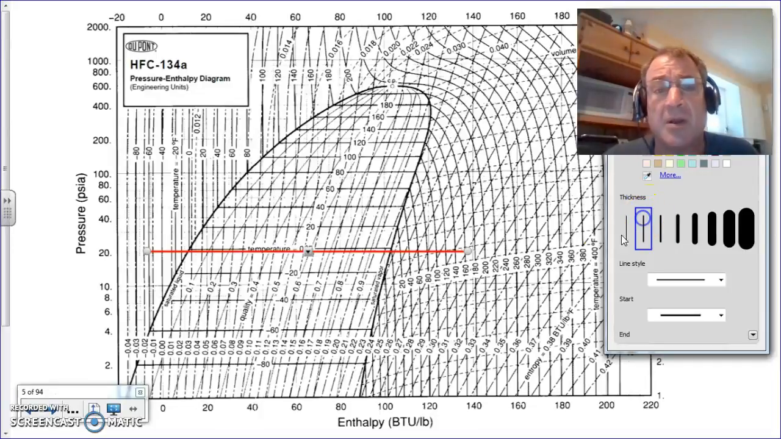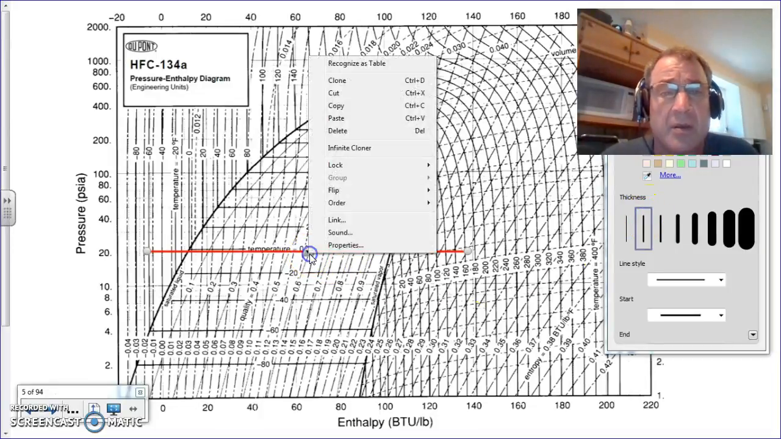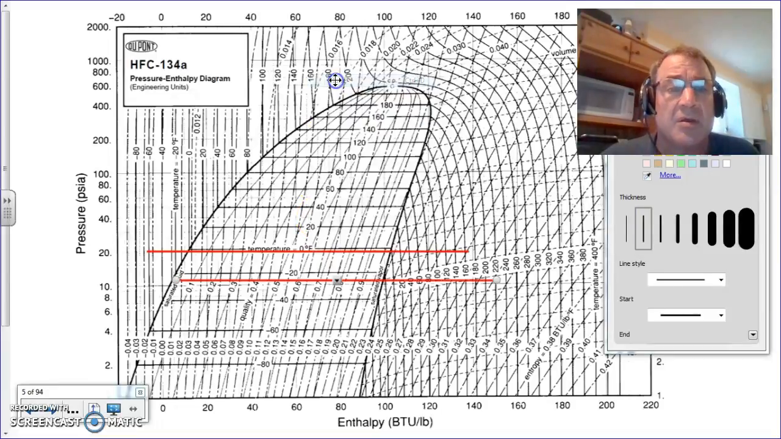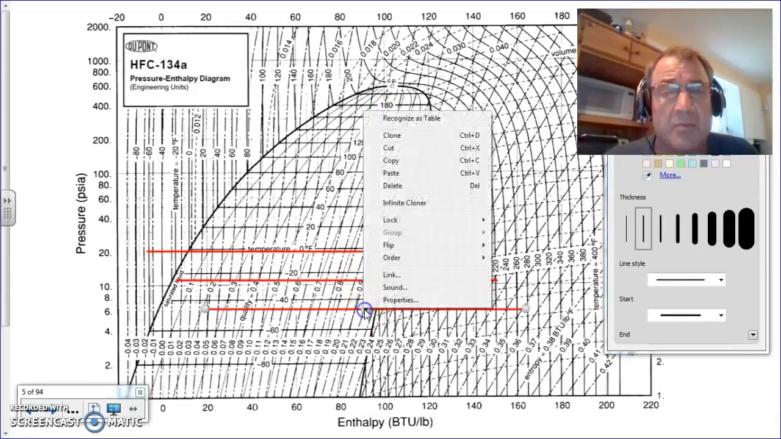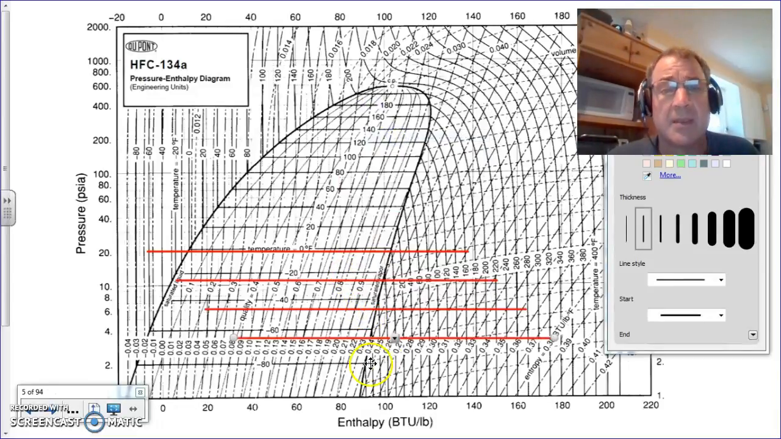Okay, and I'll make my line a little finer here. And we're going to need several lines here. So I'm just going to clone a couple of these to get us going. And what I want to do is